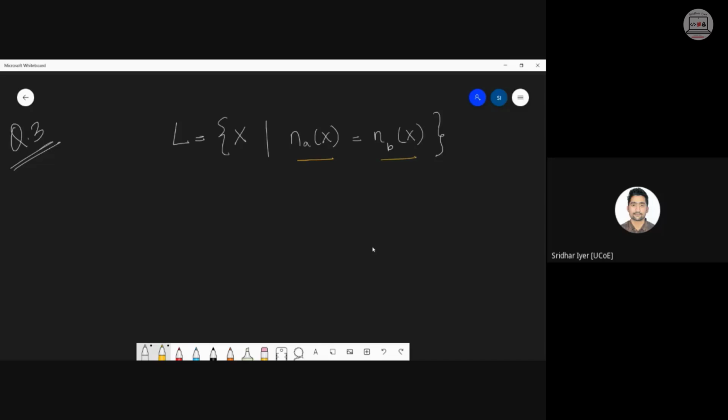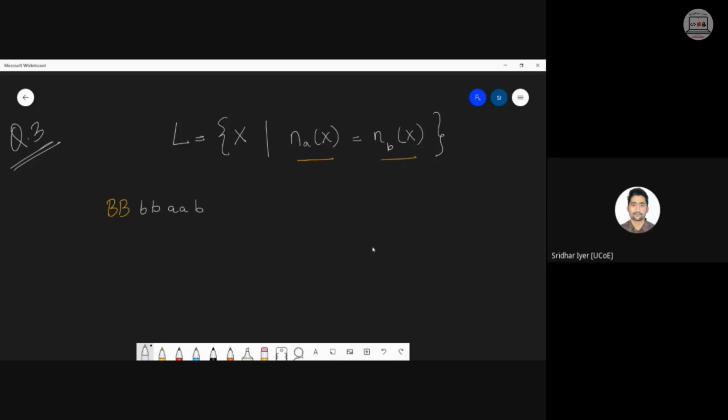We have already done some problems similar to this. Number of A's equal to number of B's. Okay, so we need to solve it like this. जब भी ऐसे प्रॉब्लम हो, हमेशा take one example. By taking examples, it actually simplifies your simulation. Now, there is a condition that number of A's should be more than number of B's. It is nowhere mentioned that A should be the first symbol or B should be the first symbol. So you can take any example, just make sure that number of A's are equal to number of B's.